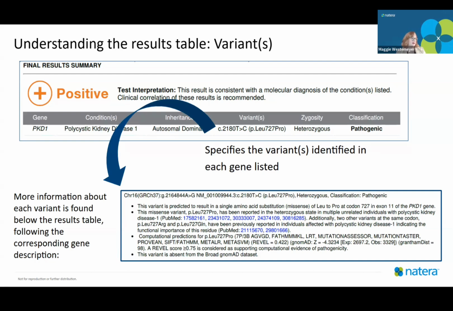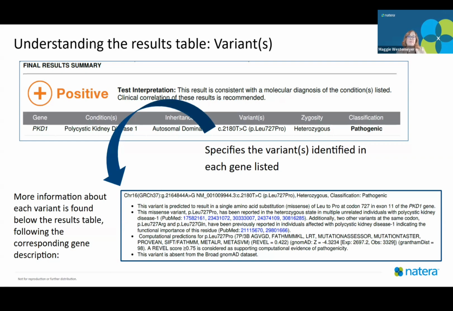And you'll find there that there are PubMed references on the report, which are in the blue text here, that lead you to additional literature if you have additional questions about what's been reported for that given variant before. So that's the section where you can do a deep dive to look further about the information that drove the